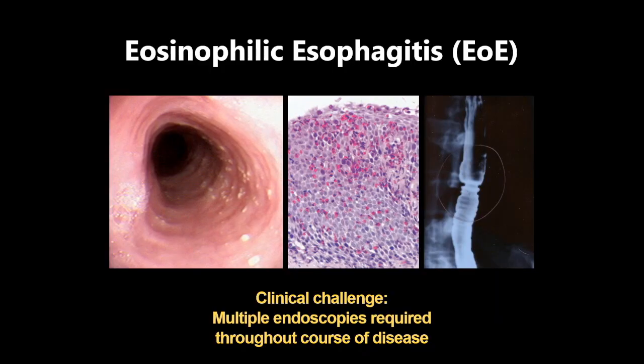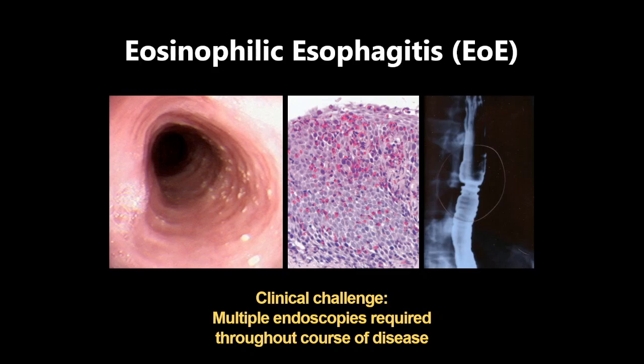The place we've been really working on this recently is in looking at a minimally invasive way to diagnose eosinophilic esophagitis. And eosinophilic esophagitis is a food allergy that causes these inflammatory cells called eosinophils to infiltrate into your esophageal mucosa. And the reason why it needs to be treated is because that inflammation, if it's untreated, can cause stricturing and fibrosis of your esophagus, which can create a whole bunch of problems swallowing and, in the worst case, food